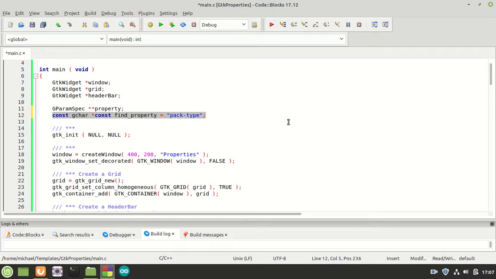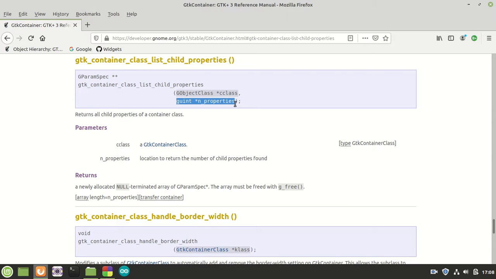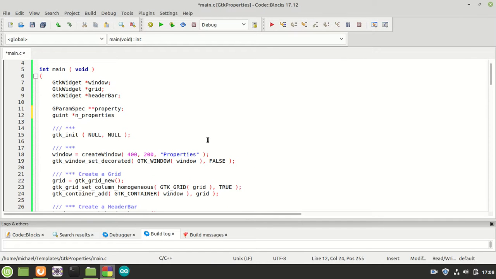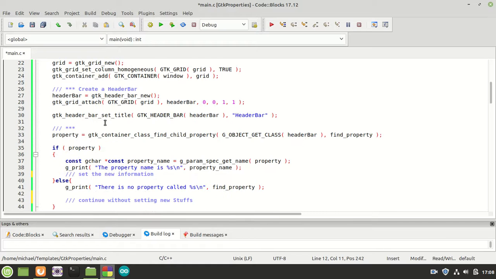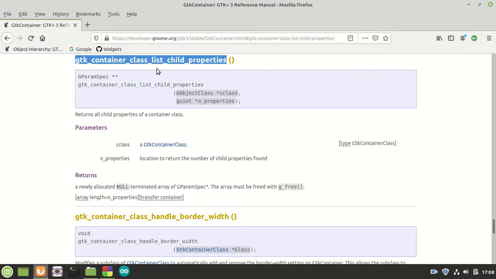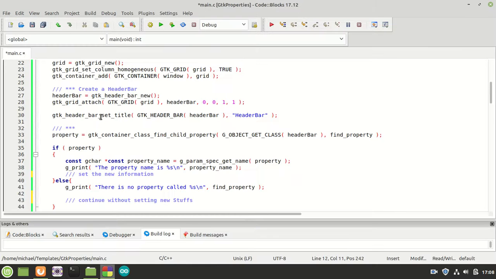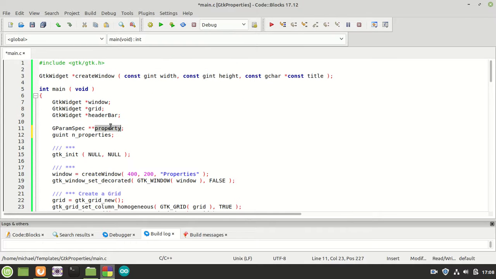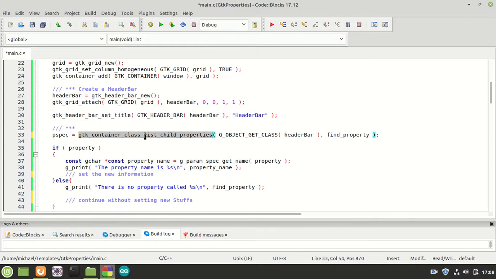We are going to remove this one and replace it with the number of the properties, like in this case right here. And once we did that, we don't need a pointer for this. We can call this function, and we are going to point our properties to something new, parameter spec, better than property because there is more than one. So the gtk_container_class_list_child_properties needs